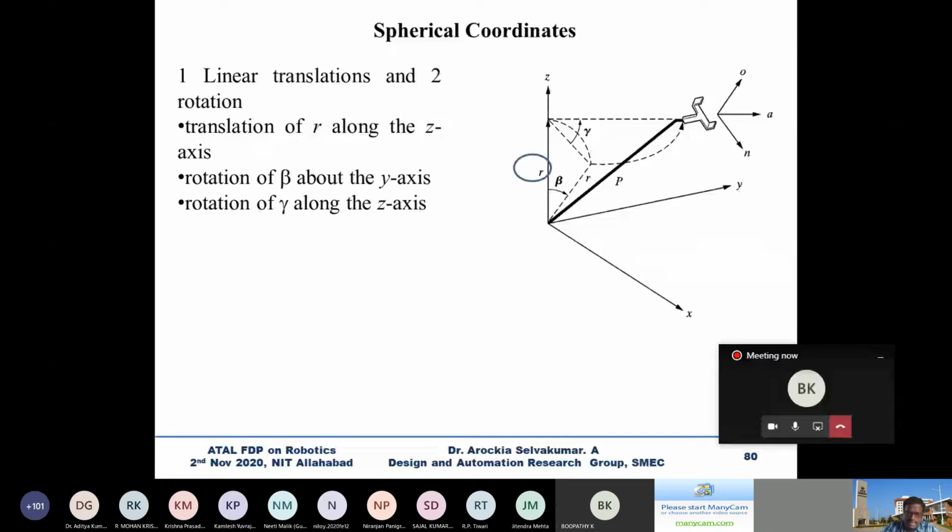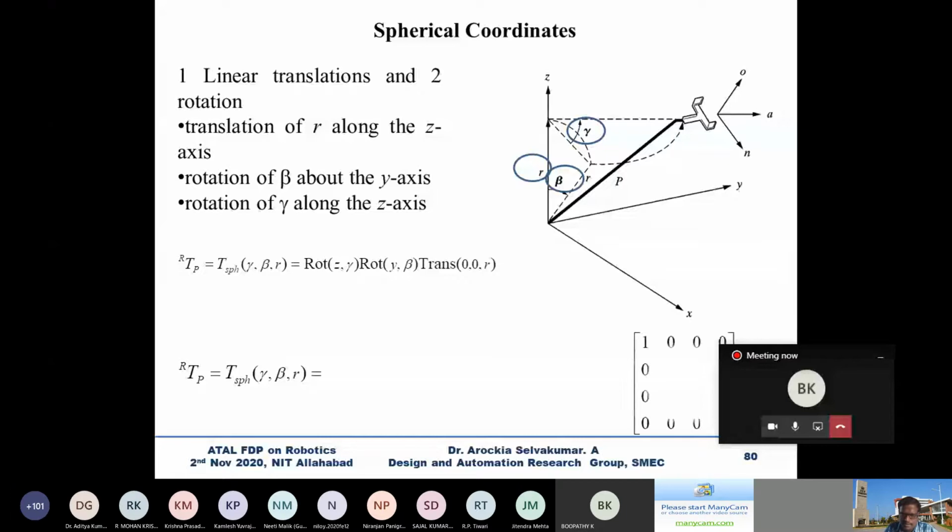So the same as the previous cylindrical coordinate, I am going to apply the same transformation matrix approach with R, beta, and gamma. So here I am taking translation along the z-axis 0, 0, R, and then rotation about the y-axis, that is beta, and rotation about the z-axis, that is gamma. Okay, in the sketch also you can see I have mentioned the same thing. So once you have done this, please write the transformation matrix. You know the transformation matrix for R means only in the z-axis there will be a movement.